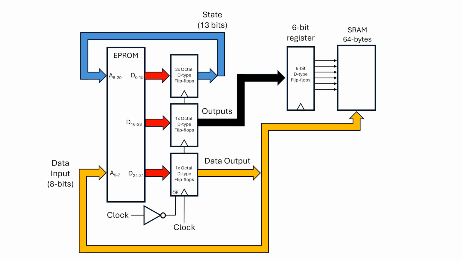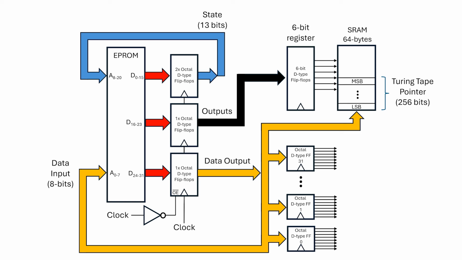Okay, I'm going to keep this static RAM, but I'm going to make it a bit smaller. In fact, I'm going to limit it to 64 bytes. I'm going to use half of this space to make a 256-bit Turing tape pointer, and I'm going to add in 32 octal D-type flip-flops, where each flip-flop mirrors one of the Turing tape pointer bytes in the static RAM. This basically means that the Turing tape pointer, which is half of the static RAM, is available on 256 parallel